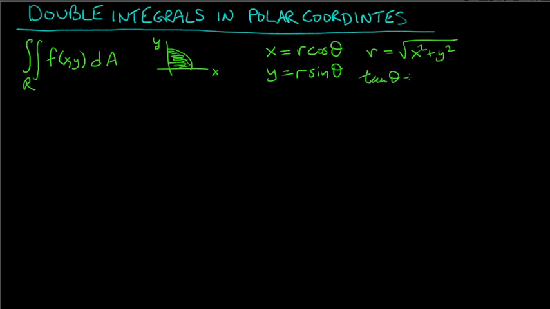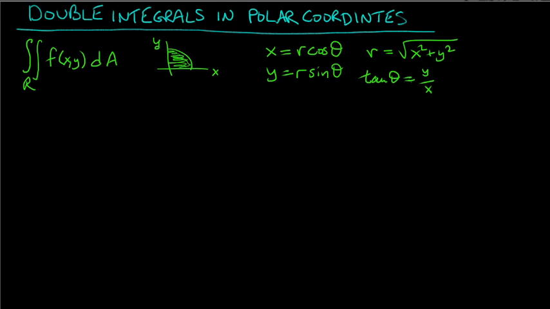And again, I'll use tangent theta rather than arctangent theta. So tangent theta is y over x, and just make sure that you know what quadrant you're in, right? So if you take the inverse tangent, that will naturally be somewhere between negative pi over 2 and pi over 2,